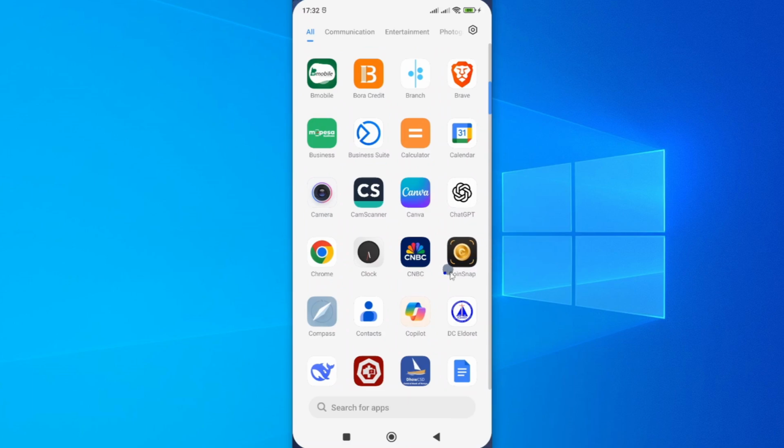In this video, I'm going to show you how you can update the CoinSnap app. By updating your app, you'll be able to get the latest features that come with this app. You'll also be able to fix any security issues as well as errors that might be associated with the older